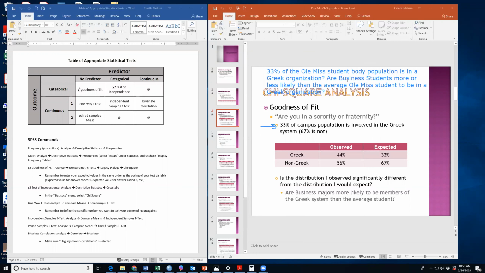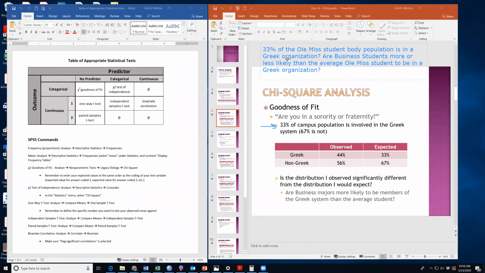And if we want to sort of parse out what's happening in this example, this is saying, here is my expected distribution, all right? I would expect, before looking at the data, if business students were just like the average Ole Miss student, then